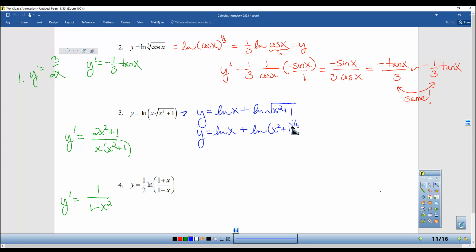And now that it's a fraction, an exponent, I can bring it to the front, not of this one, just of this one, 1/2 natural log of x squared plus 1. Now, lots of you can get from here to here without showing all the work. That's fine. But you should definitely